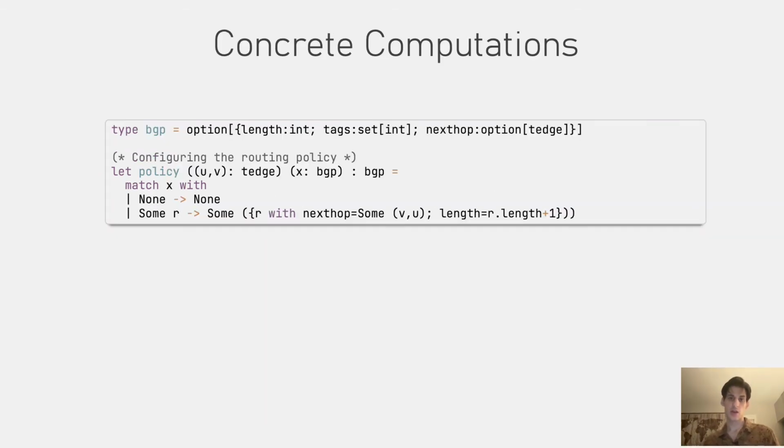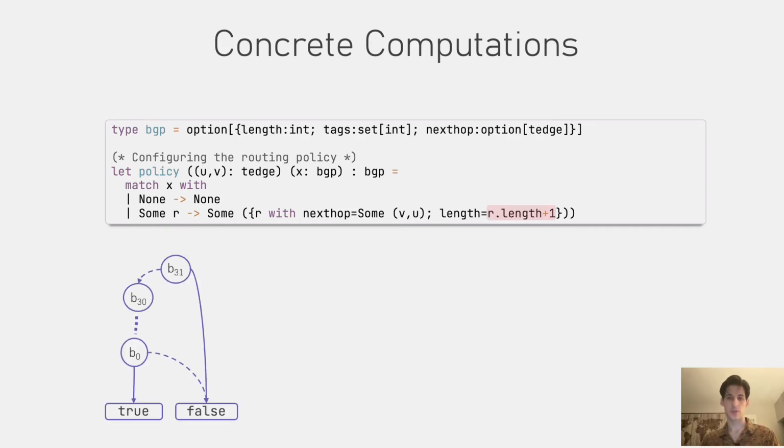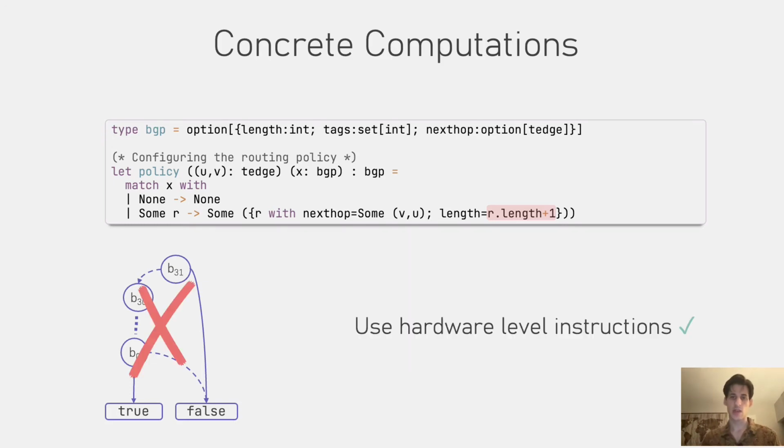On the other hand, when evaluating the network's policy, we could again convert everything into BDDs and work with this representation, and some prior work does this, but the problem with that is that we end up with very large BDDs, as routes require multiple bits to represent them. And then we have to perform operations such as addition over BDDs, which is very expensive. What we want to do instead is to use fast hardware-level instructions in order to process the routes.